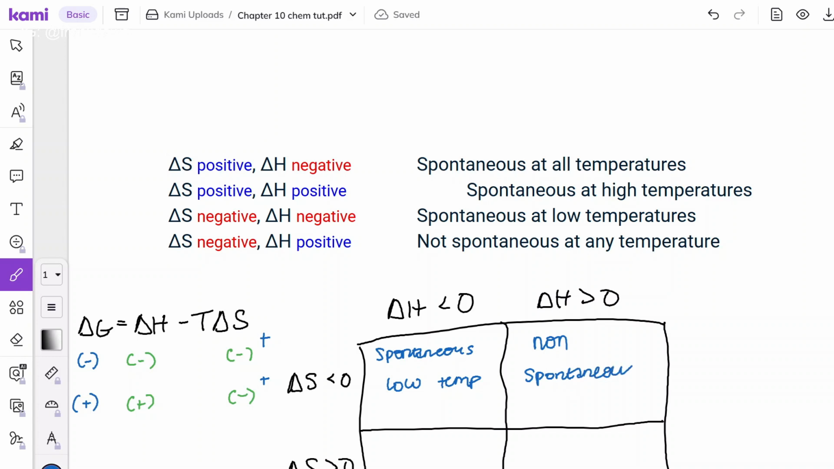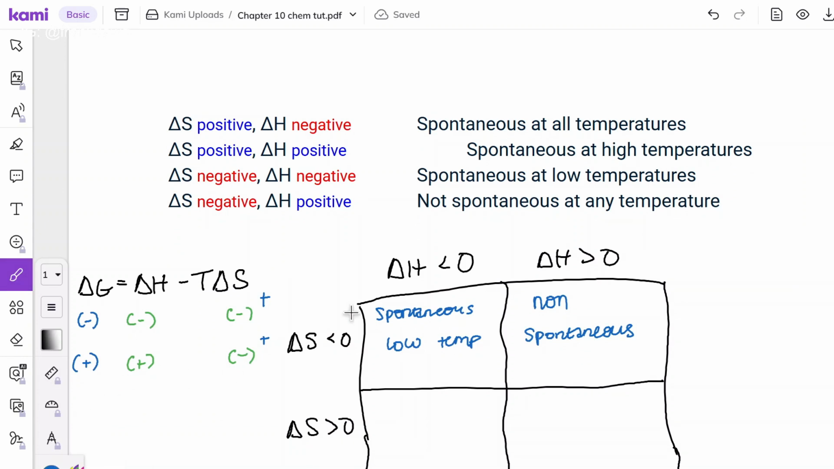The temperature doesn't matter, because it's always going to be positive. And now we move on to this square, where the delta H is negative again, and the entropy now is positive. And once again, like every other one, since the negative sign is in front of it, it changes the sign, so it makes this negative. And when you look at it, since both of these are negative, this is going to be negative as well, the delta G is always going to be negative,